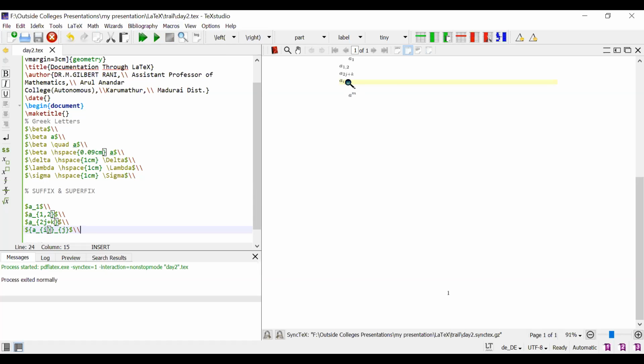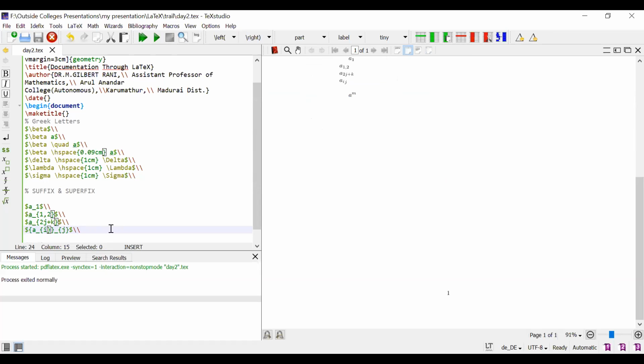Now see this, A suffix I, suffix J. That is, suffix of AI is J. This is the indexed family of indexed number. Okay, this is A power M.